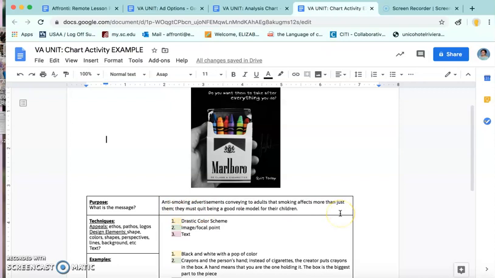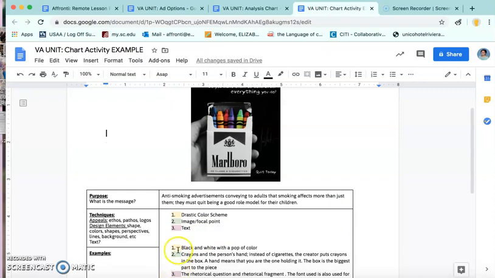I have 2 things written down here. It's pretty much saying that for the adults who are smoking, it affects more than just you. You need to quit so children can look up to you. And I focused on 3 different techniques: the drastic color scheme, the image is important, and I also think that the text is important. Then I give the specific examples down here, a little bit more detailed. In the rubric it says that simple sentences, even fragments, are okay as long as it's fleshed out. So I talk about the specifics within here,